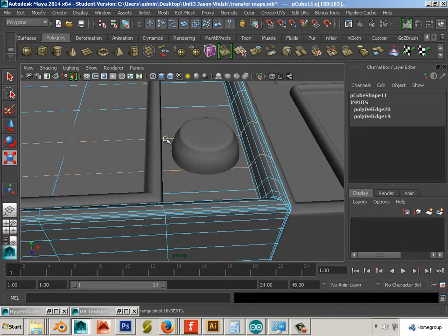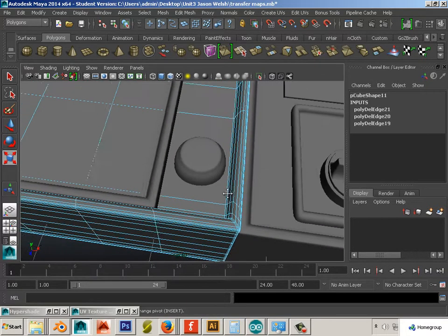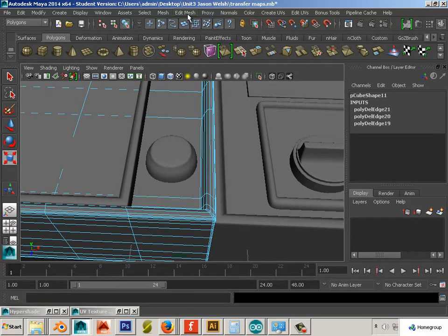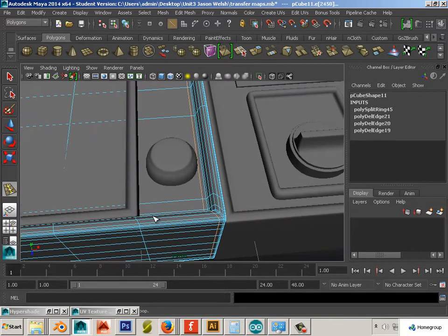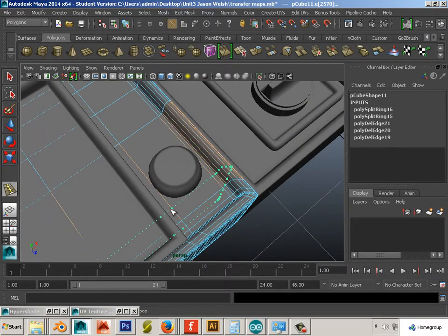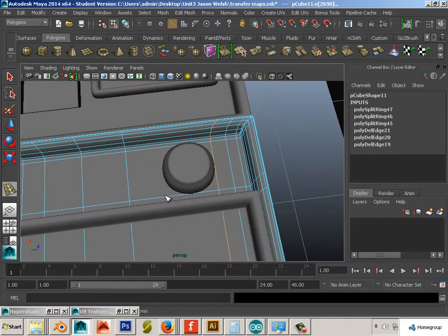Okay, again, try to get as many of the edge loops around the area out of the equation. And then insert some edge loops that make sense. So I'm going to be focusing on that one, here,